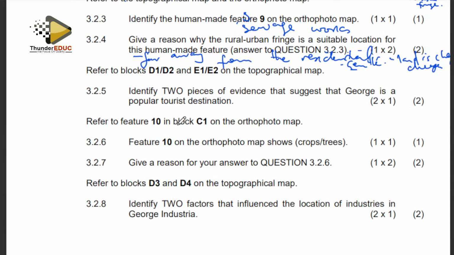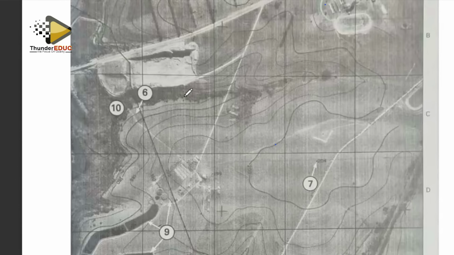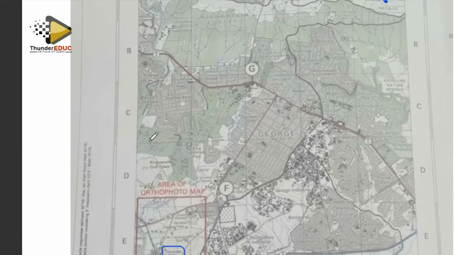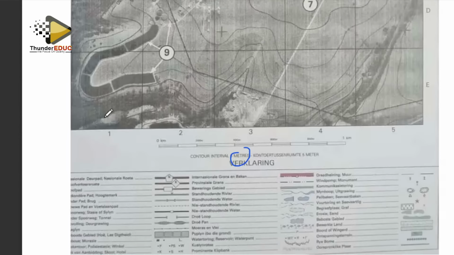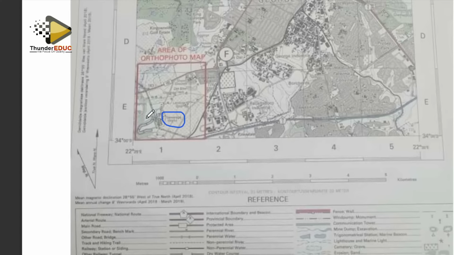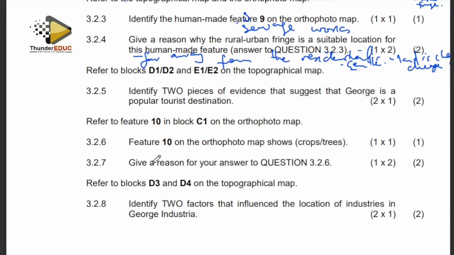Refer to feature 10 in block C1 on the orthophoto map. We come here, we look at 10. Where is 10? 10 is here. This is feature 10. 10 is here, slightly above this. So this is the area. 10 is this part here on the topographic, but we are referring to it here on the orthophoto map. And the first question is, feature 10 on the orthophoto map